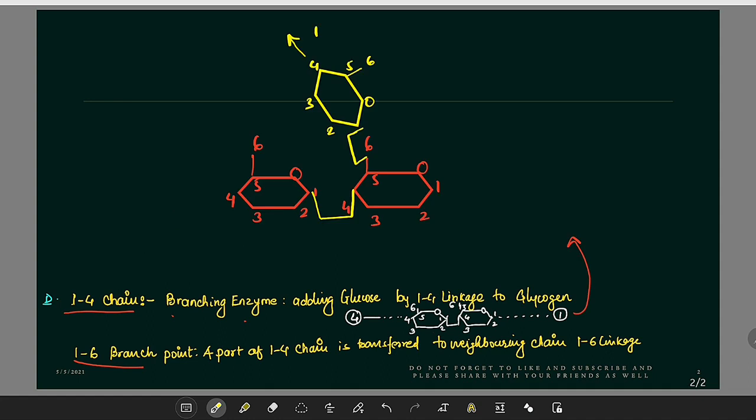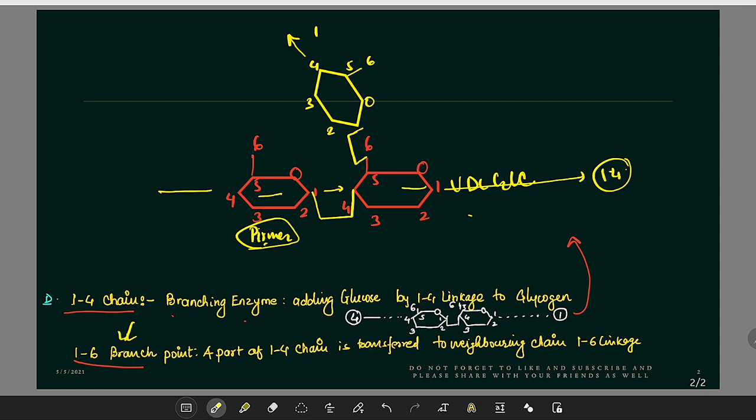We can see here that this is the kind of primer. If you imagine it working as a primer, then you can see that the upcoming glucose from the UDP-glucose is transferred to the primer through 1,4 linkage. So it continues in one direction, and you can see that the 1,4 linkage has been synthesized. The other type of bonding in glycogen synthesis is, as we know that glycogens are polymers which contain branches and chains in them, the 1,6 branch point.